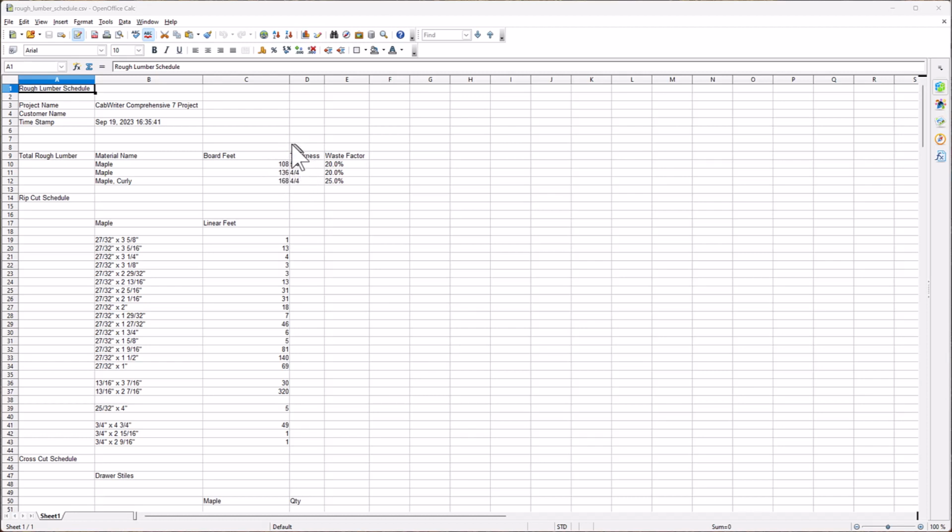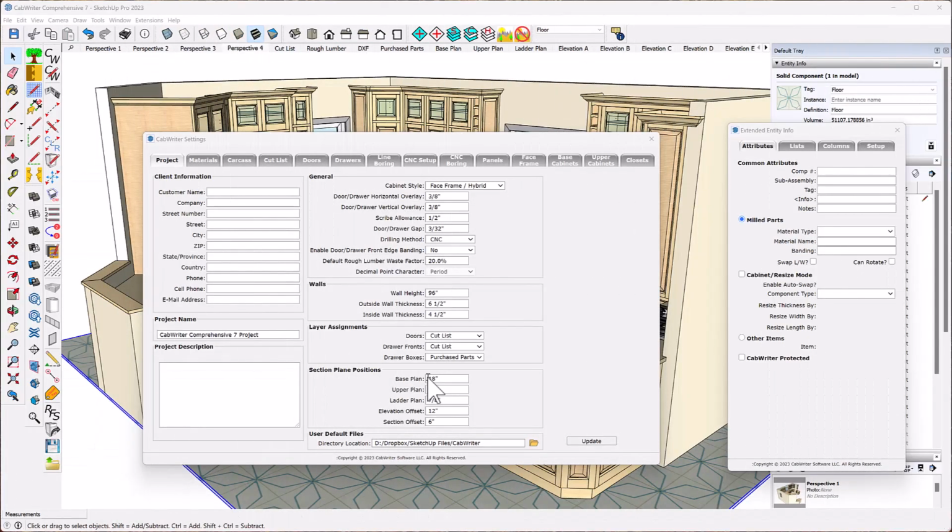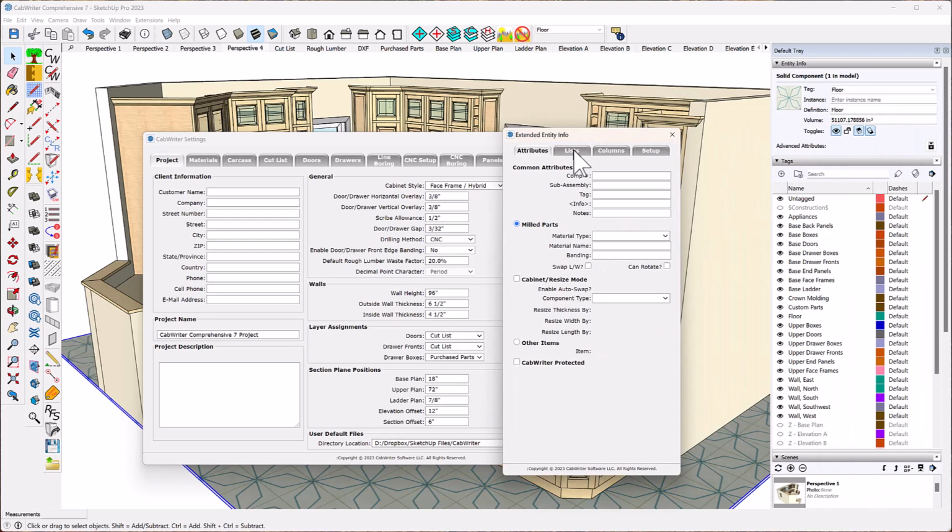Now let's see where the waste factor comes from. We've added a new parameter or default in the general section of the project tab, and it's called default rough lumber waste factor, and the default is 20%. In your list of rough lumber materials, as a default, you will see a waste factor of 20. And I'll show you what that looks like if you look at the extended entity info and go to the list tab,